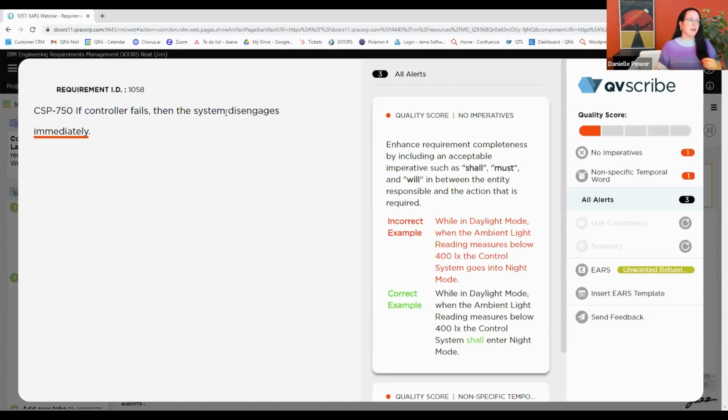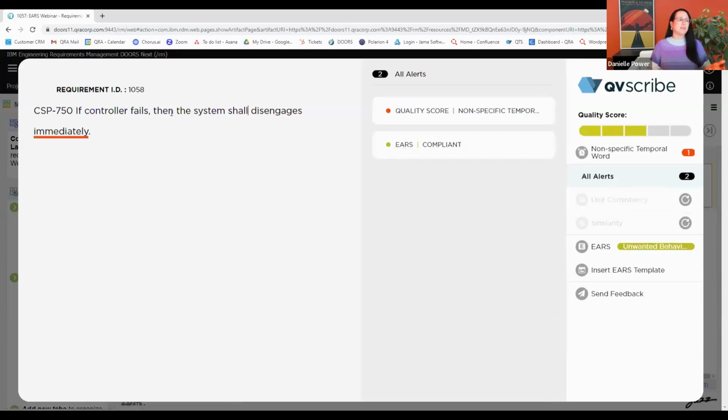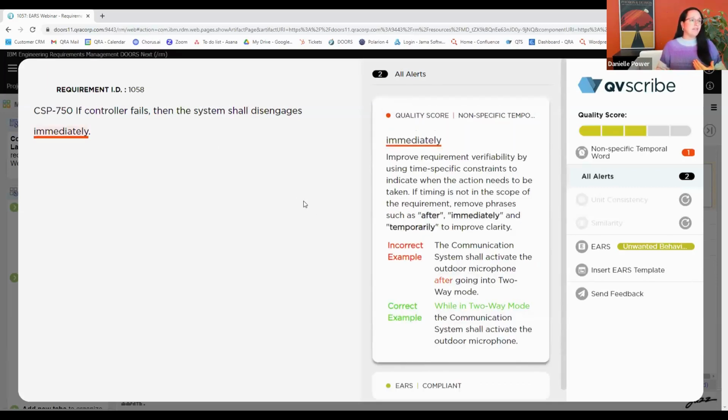We're being very clear. So we're going to say the system shall, and we can also be a little bit more specific here with the system name. That's something I would suggest as well, being very clear about your terms. But in this case, I will leave it for the expert to name that. So the last issue we have is